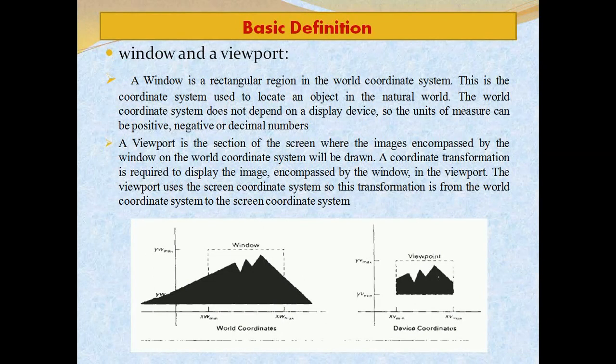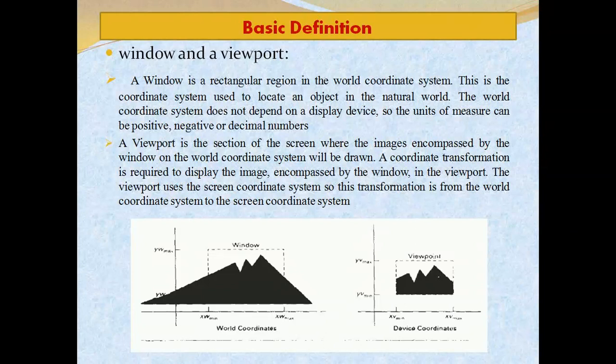In clipping algorithms there are two Cartesian coordinate systems: one is the view window and the other is the viewport. Window and viewport are both rectangular coordinate regions. A world coordinate area where the image or picture is selected for viewing is called the window. The window is a rectangular coordinate region used to select the object to view. The world coordinate window defines what is to be selected. There is no range, that is, it can be positive, negative or any decimal number.